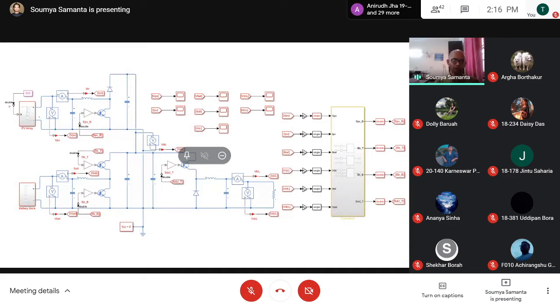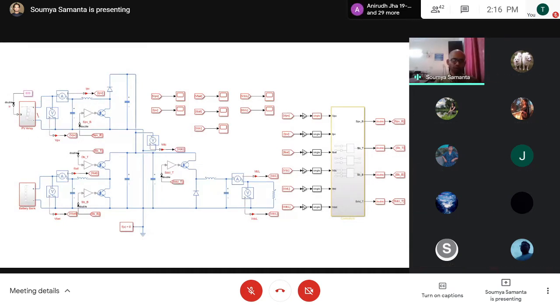So the voltage at the output of the PV is how much? This is around 120 volt. Because you can see this is one panel structure, two panel structure, three panel structure. So three panels are connected in series. Individually each will be around 40 volt. So 40 into 3, as they are connected in series, we'll get 120 volt.